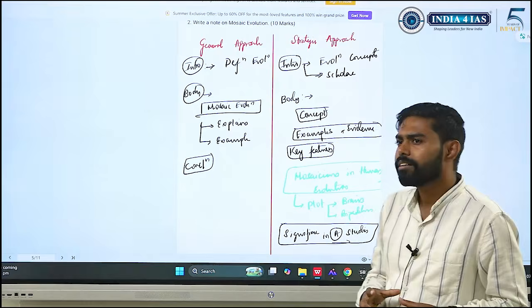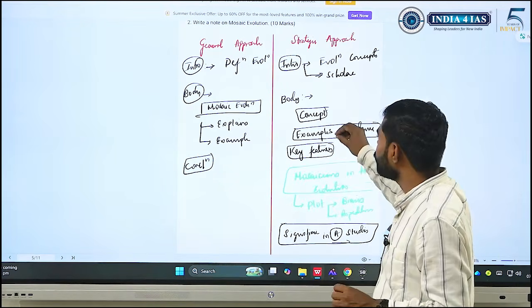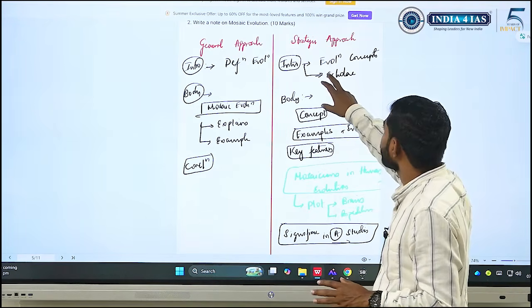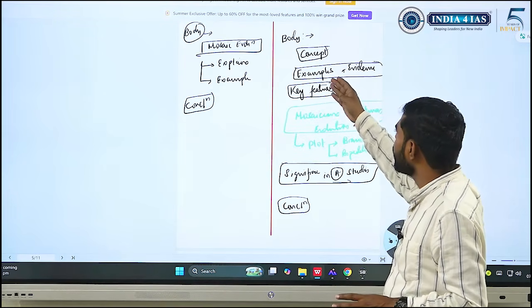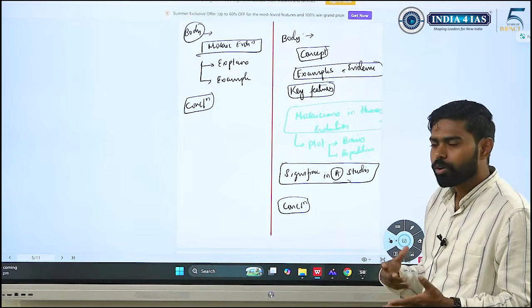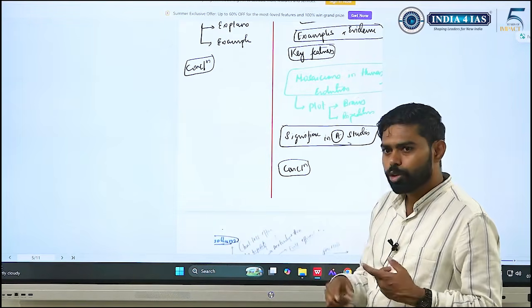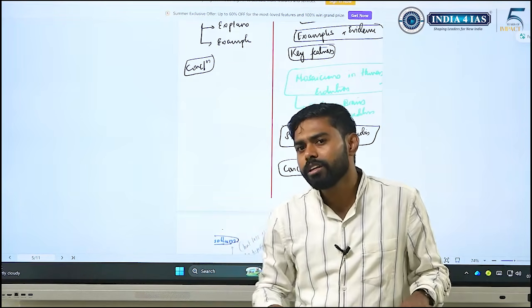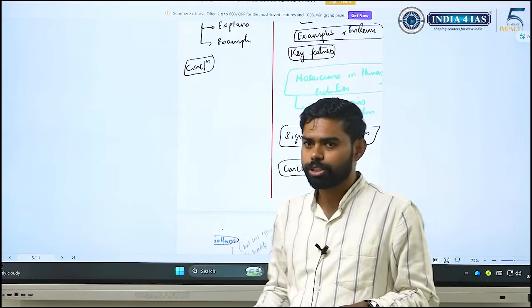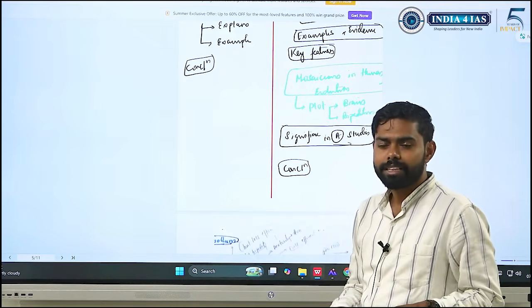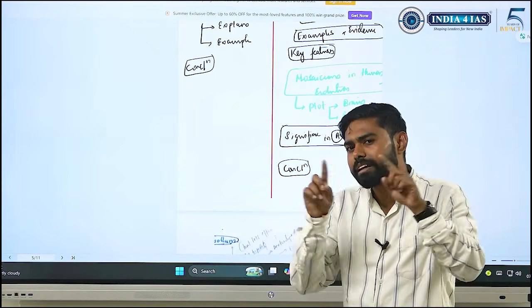But you will find that with this approach, you will not be able to write adequately, with not enough quantity. So that's why I created another dimension here. You are explaining what the concept is and the scholar associated with it, and you are explaining the concept and giving examples and evidence as proof of the concept, and then key features of the concept. And then this has a separate head. Any concept should be viewed with respect to human evolution, because the genetic and evolution concepts that we are studying, we are interested in understanding human evolution. So that's why we need to create it as a separate head, that will give you scope to write 2 or 3 points, as well as give the examiner a clear picture.